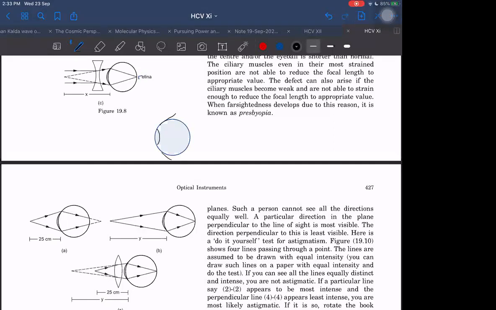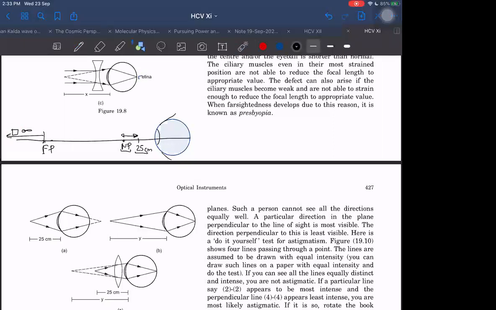With the help of the eye, I can see from the near point NP to the far point FP. But my near point is a defective near point. It has a defect, an eye defect, let us say. The actual near point should be 25 centimeters, but I cannot see the objects from 25 to the near point. That is one kind of defect. Another kind of defect: I cannot see the object from the far point to infinity. But there is some object which is kept here, and I want to see that object also.